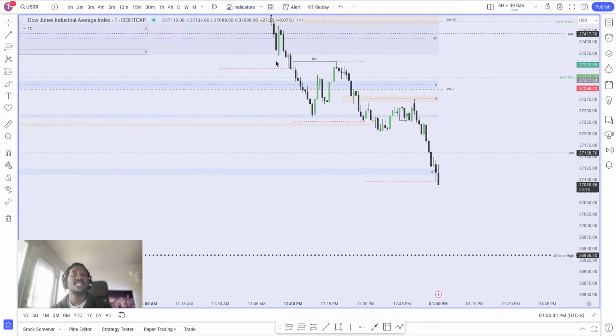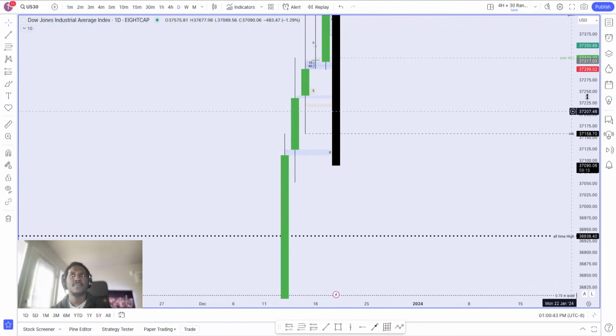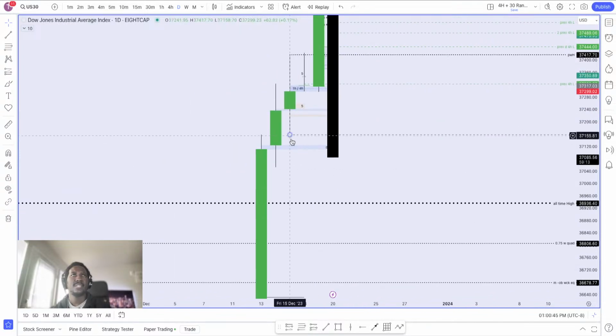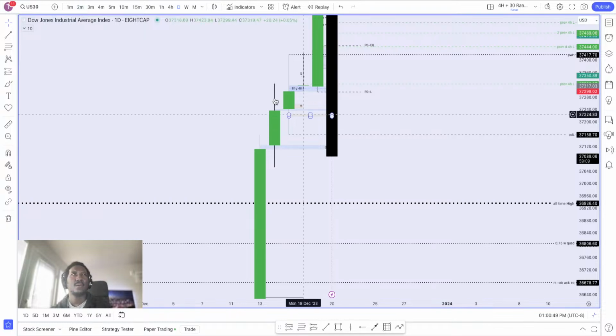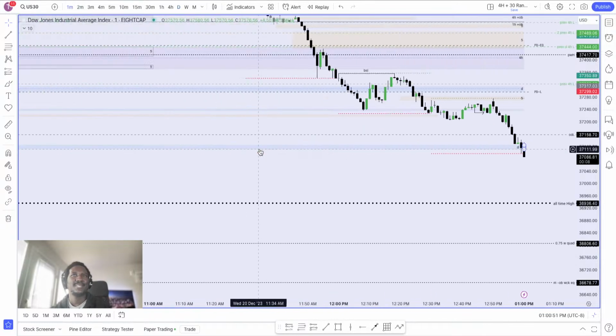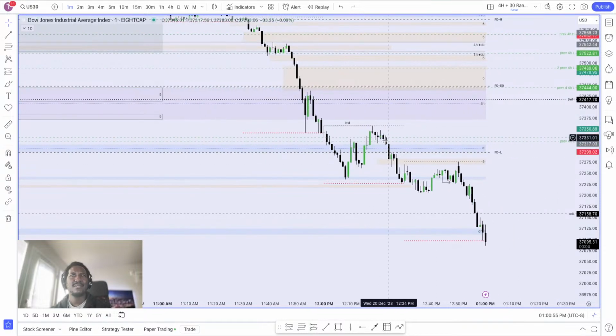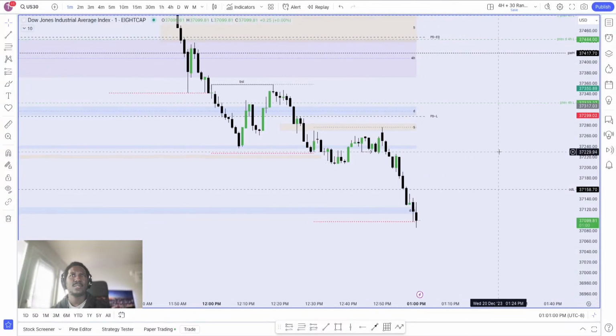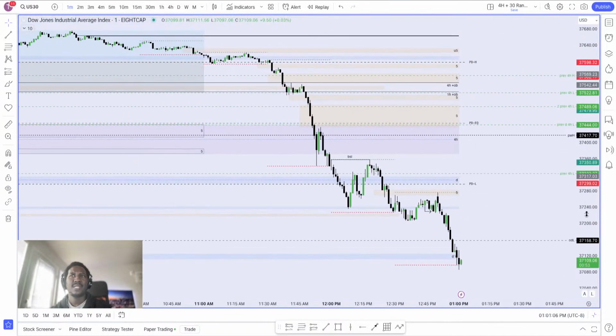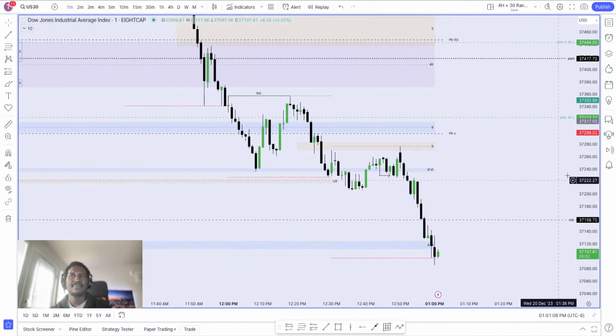So we did get to that old daily low and that fair value gap on the daily time frame, and I think I was situated to take that short, which was somewhere here, but it took me out on that stop loss, right? Took me out on a stop, and then I tried to buy and it took me out again. That is why I just like to stick with my bias.